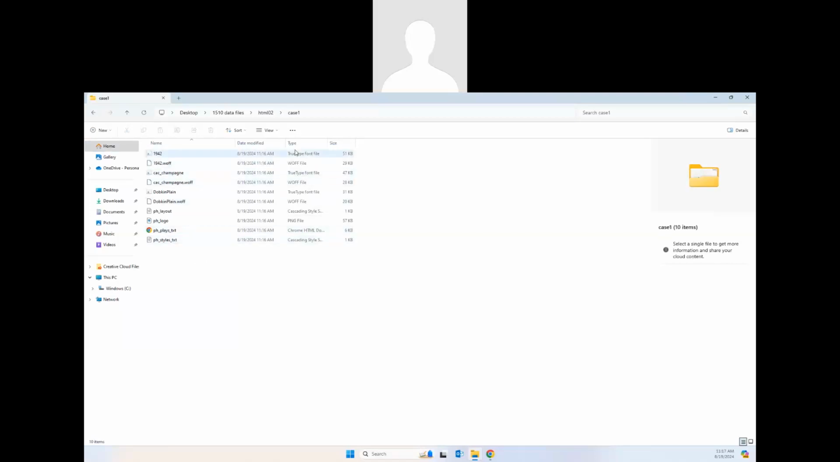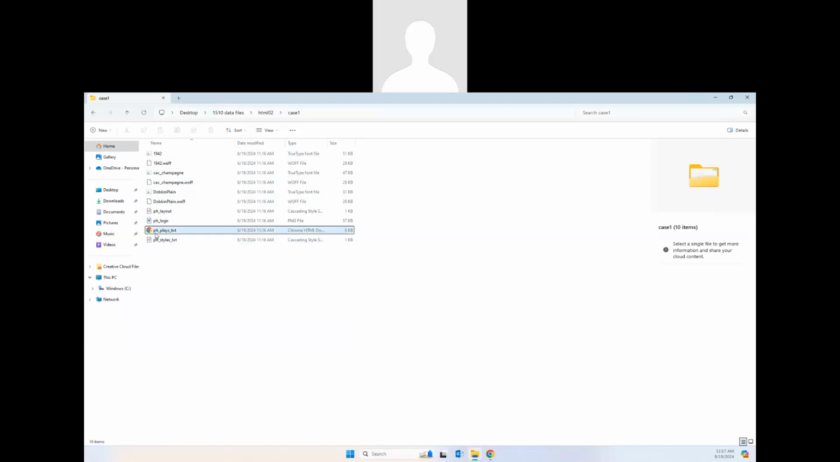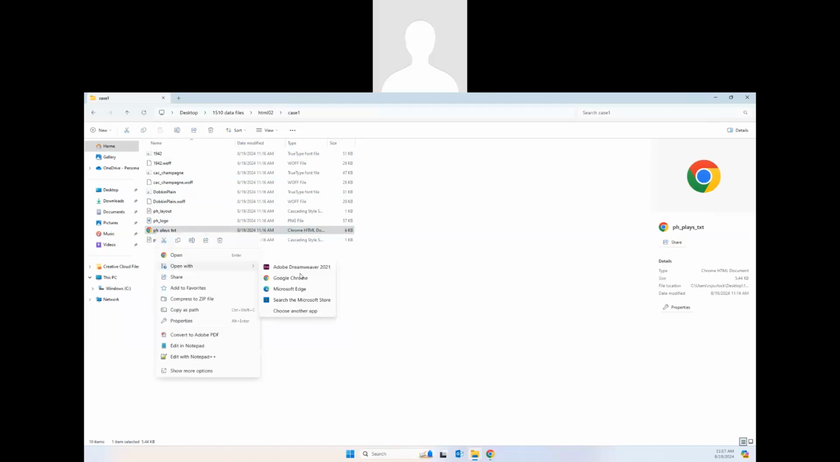So you'll see you have the different types of files listed here. PNGs will be your graphic files. Now, if you have a file open like the phplays.txt, you can right click. Once you install Notepad++, you can tell it to open with, and it may be there, or you may have it already installed